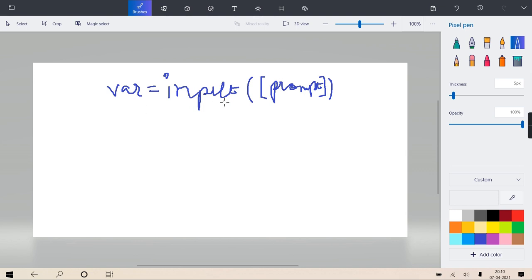So the behavior of input is, it will first display this prompt, then the cursor will be blinking, you'll enter some value, and whatever you enter, it returns in this variable. So now what I want to tell you is, irrespective of what value you have entered, it will return it as a string only. That is the peculiarity of this input. So the return value is always a string object.